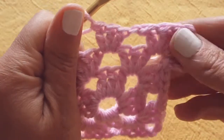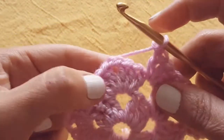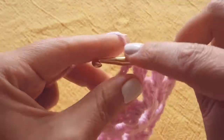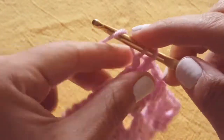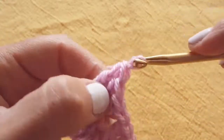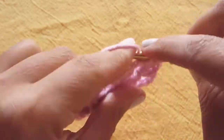See, so now my side is becoming longer. I chain 1, and here I am, back to the corner. You know the formula. Shell, chain 2, and shell, or 3 double crochets, chain 2, 3 double crochets. So I think that you've gotten the hang of this a little bit, and I'm going to let you go